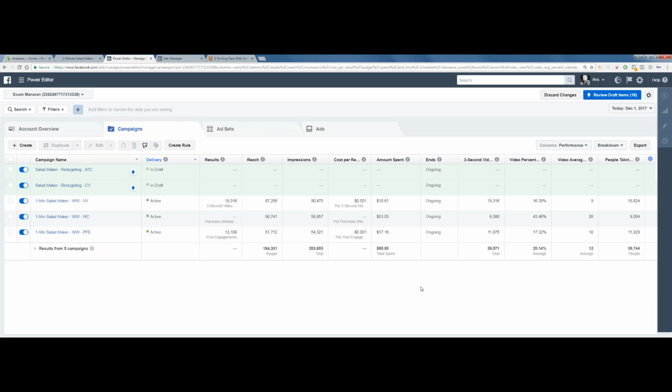Awesome. Now let's go to the more interesting stuff. Now this is where big budgets are spent right now. Okay, we're gonna look at the lookalike audiences right now. This is a very, very aggressive way of scaling. It's done with small budgets, but there's so many ad sets that we need to set up. By the time we're done with this whole entire thing, there's going to be around 40 ad sets running at a time.